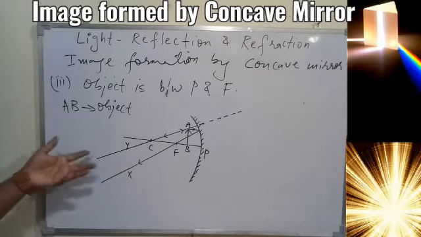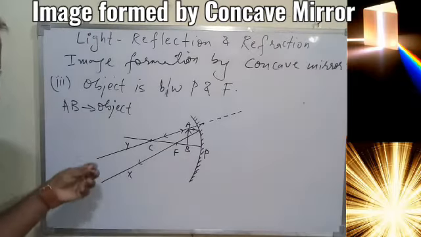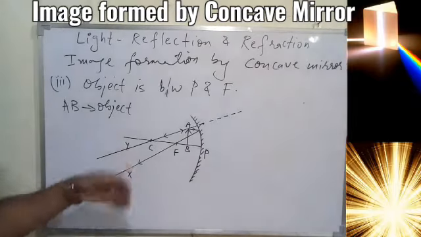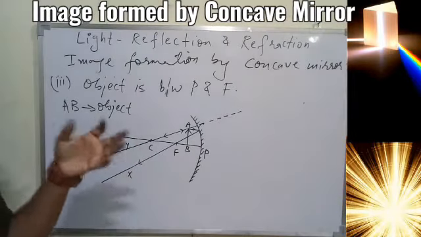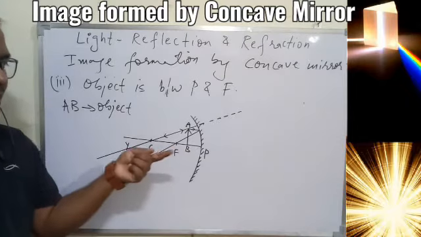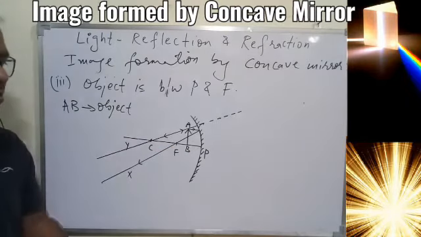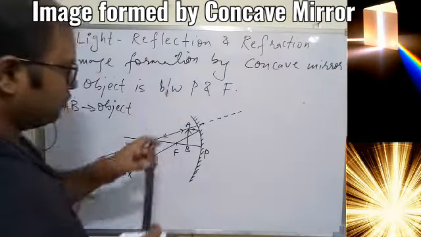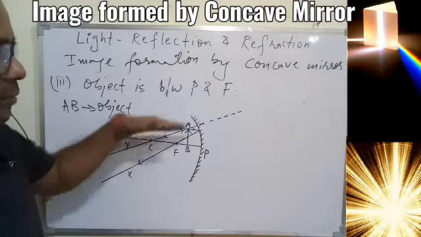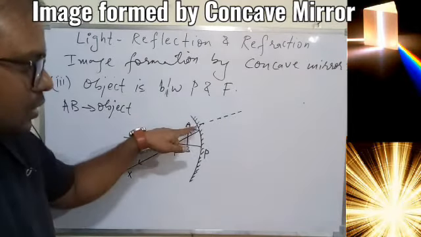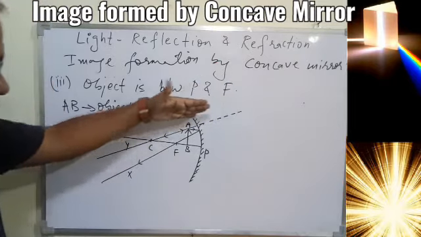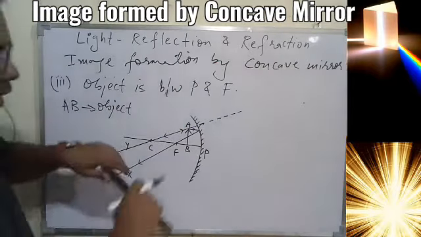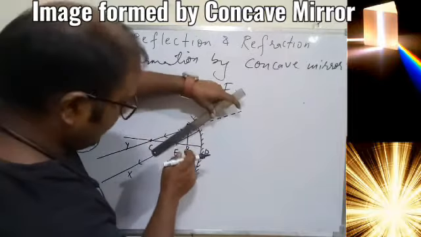So if you see in front of the mirror they cannot meet, they start diverging, then we have to think the other side, that is we have to go behind the mirror. But behind the mirror we know it has to be dotted, because in general the ray of light cannot pass the mirror. So we have extended Y backward as a straight line. Here it should not bend, so the same line should move backward as a single line, and the same thing has to be done for X also.